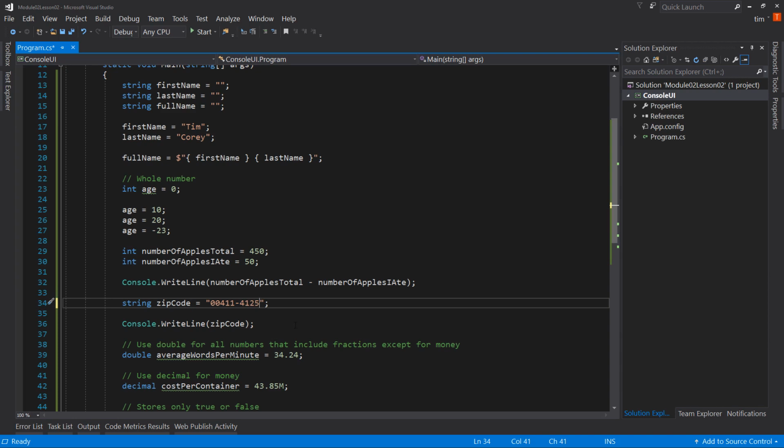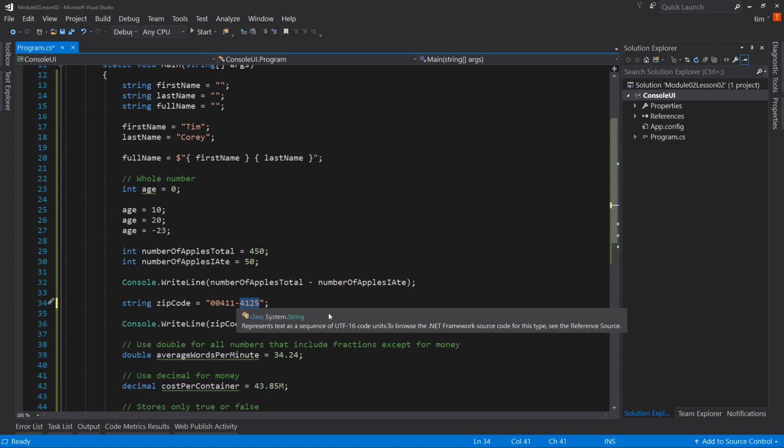In the US, we have the idea of an additional 4 numbers after a dash in the zip code. First of all, that dash is not going to go into a number. And in fact, if you took the quotes off, it would subtract 4125 from 00411 and get a negative number. So the +4 causes problems, but then it also causes the problem of